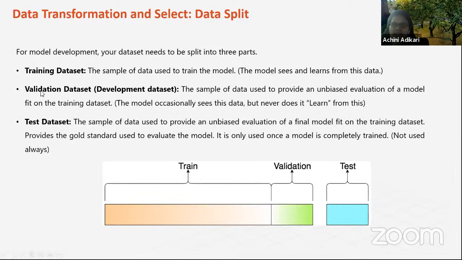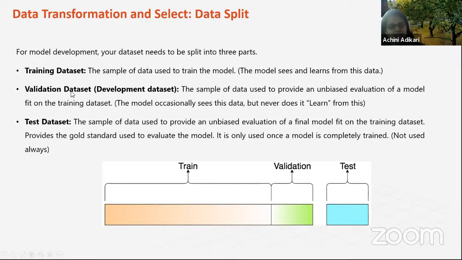And from the data set, we set aside a data sample called the validation data set. So whenever we train the model, we use the validation data set and see how the model performs. If the validation data set gives a good accuracy, then it's good. If not, we again retrain the model. Either you can retrain the model, or we can go back to the data preparation steps and see if my data is correct, and if my data transformation steps are correct. So you can spend more time on the data exploration part, and again train the models until this validation